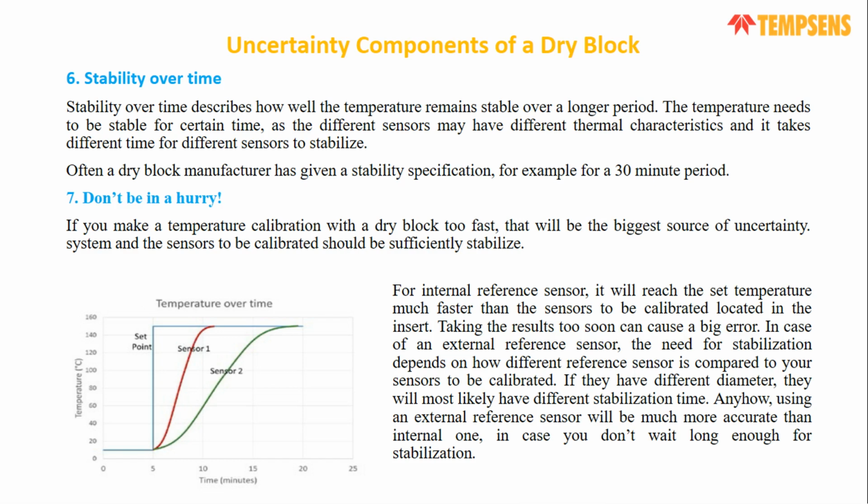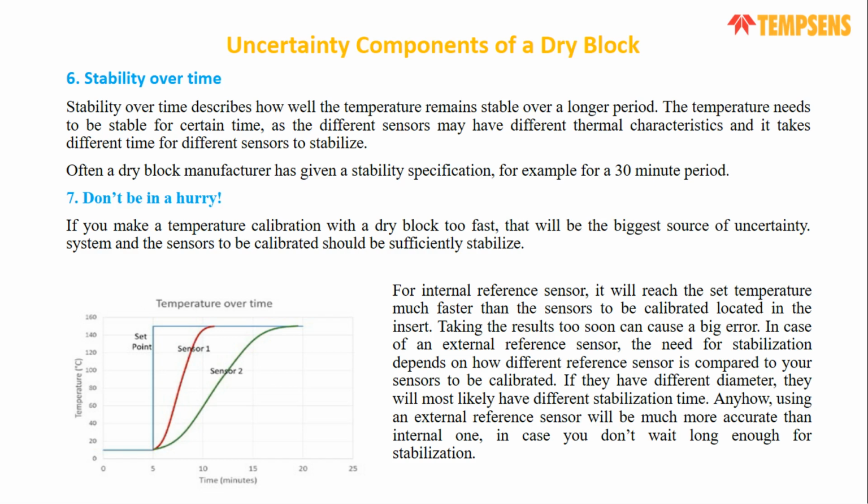So let's say you set the temperature in a temperature calibrator to 150 degrees. The controlling sensor, that is the internal reference sensor, is very near to your heating zone, so it will go very fast to your set temperature. But the master temperature or the test temperature will take relatively more time, because it is in a different zone or different insert. So what happens in a graph, if you see that the set temperature within 5 minutes,